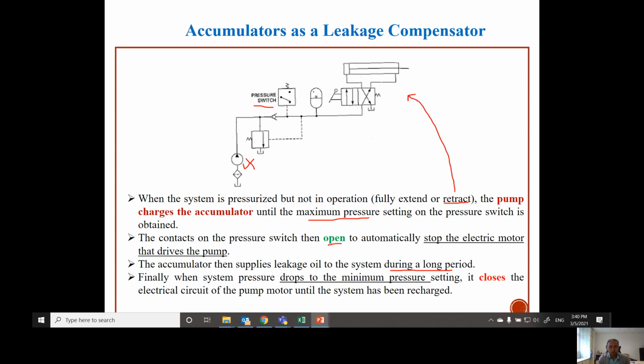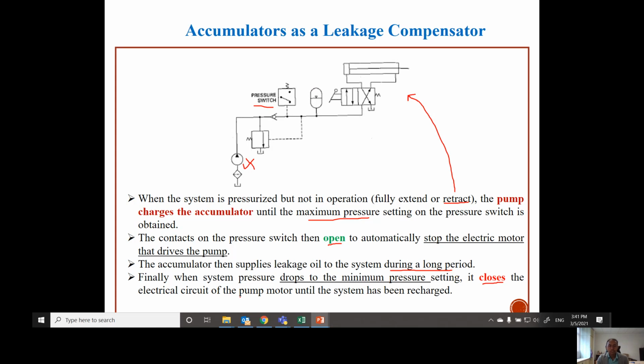I mean, it's the one that will supply the leakage oil to the system as a replacement of the pump. Okay, so after a long period, when the system drops to the minimum pressure setting again, then this switch will close, and